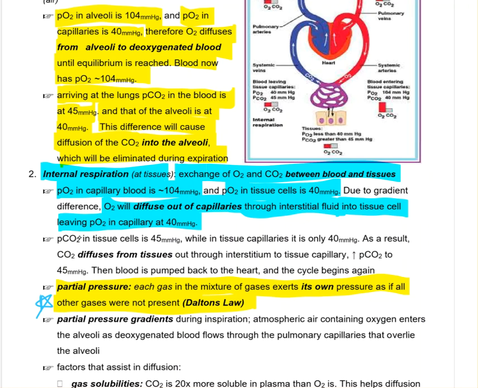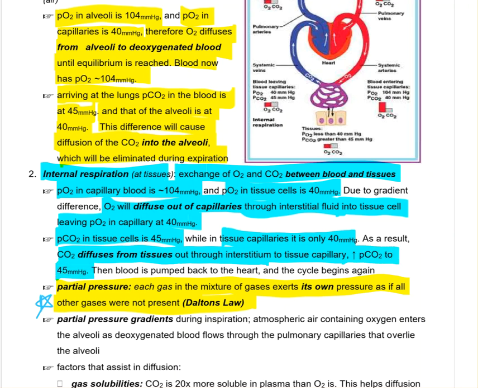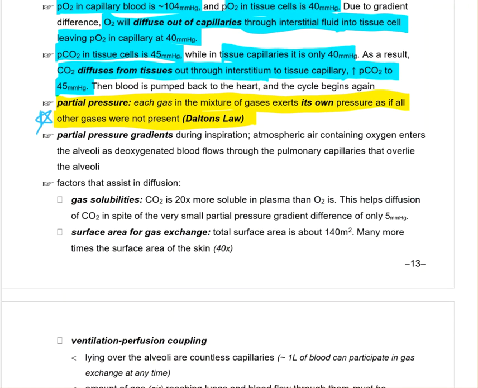CO2, the tissue cell pressure is 45. In the capillaries, it's only 40. That means that it'll diffuse from the tissues out through the interstitium into the tissue capillary, and the pressure will go up to about 45. The blood is pumped back to the heart. It starts all over again. All right, so